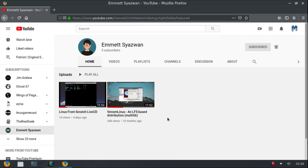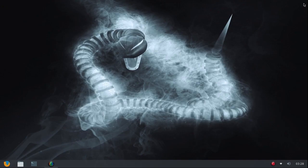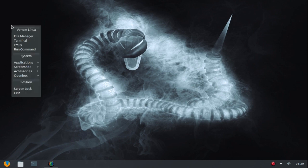So okay, that's it. Without further ado, let's look at the system just a little bit. Now the first thing I want to do, this is not the default wallpaper. That's one I picked up off of Pixabay. I thought it might go well with a Venom Linux distro. Now again, I'm in the Openbox session. I've taken the time to add the things that I want to use in Openbox, and let's go through